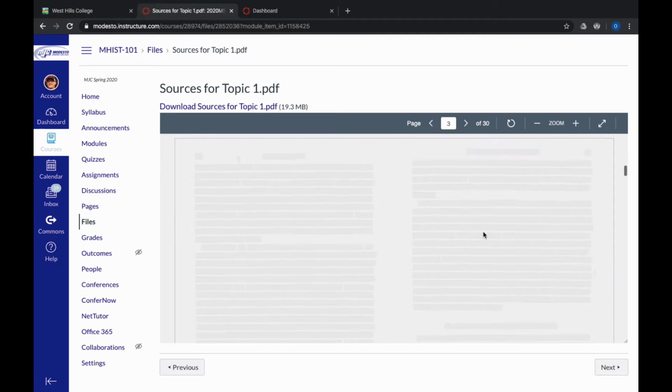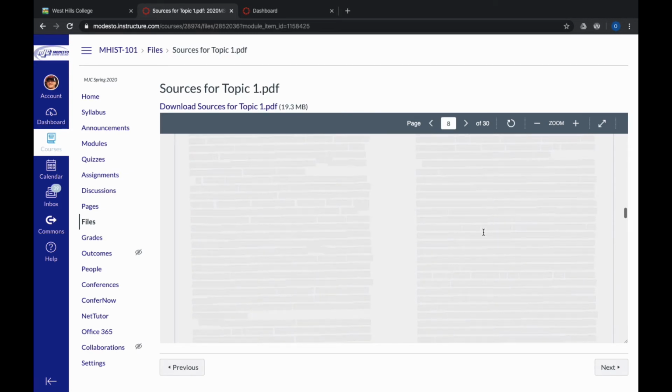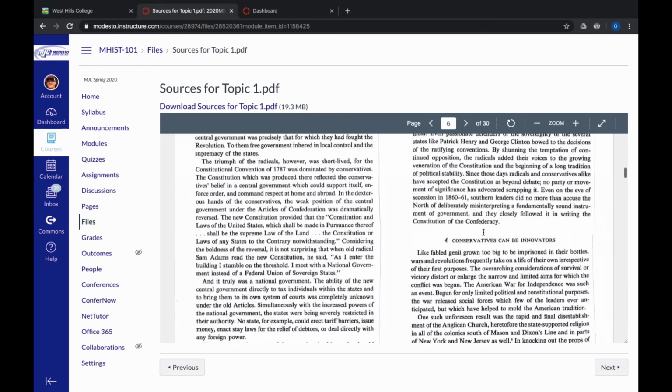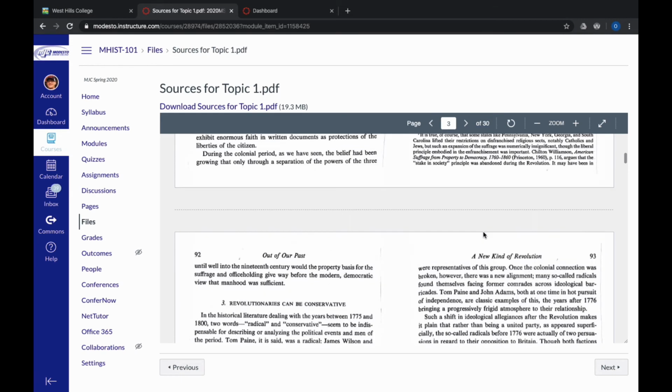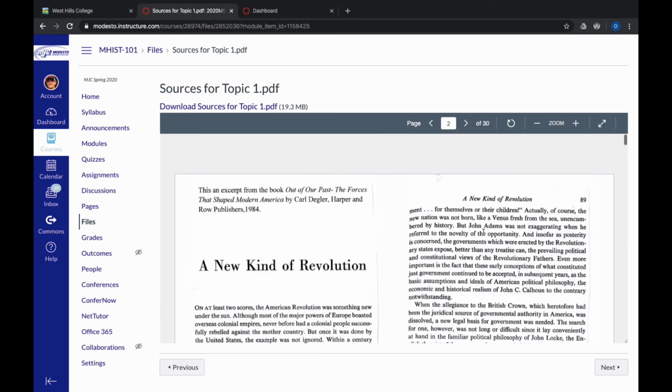So in a lot of cases, there are really 60 pages of reading that you need to get through. So this is a lot of extra reading in addition to our regular reading that we're doing each week out of the textbook and for our source analyses, right? Our source analysis assignments. So it's extra work. It's a lot of work if you let it pile up on yourself and don't get a head start on it. So please go in here, look at the different topics,